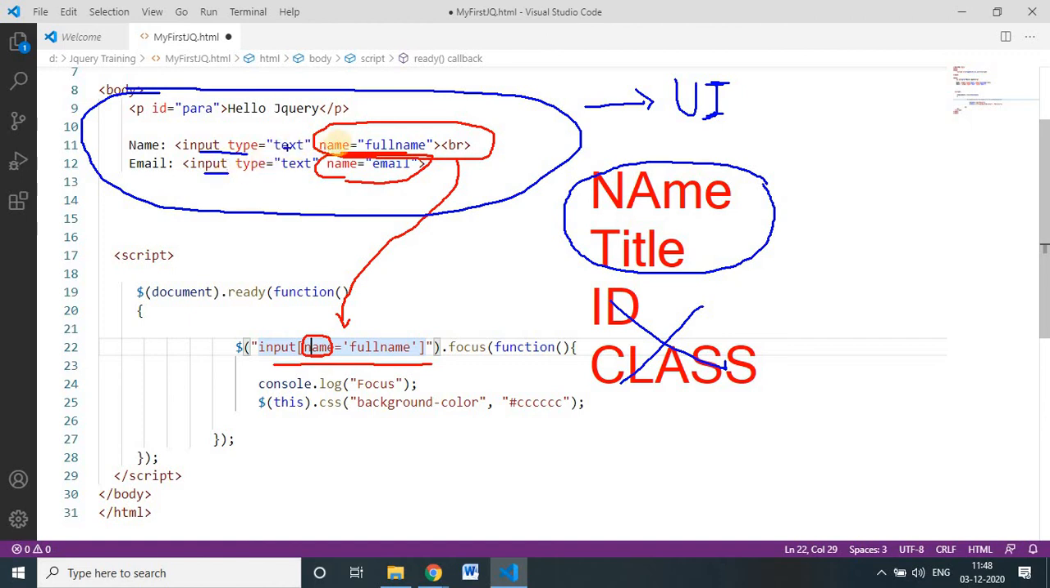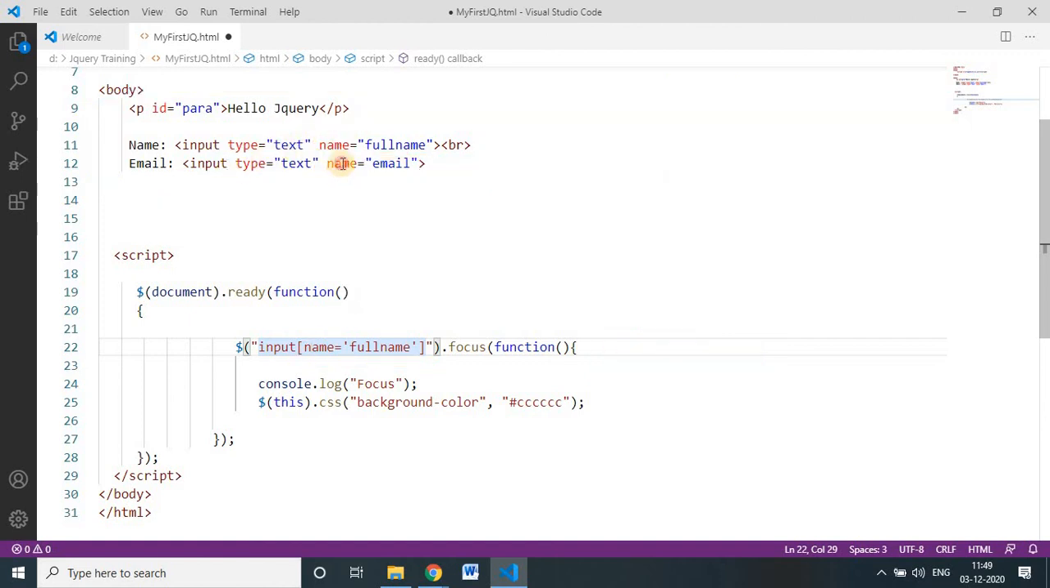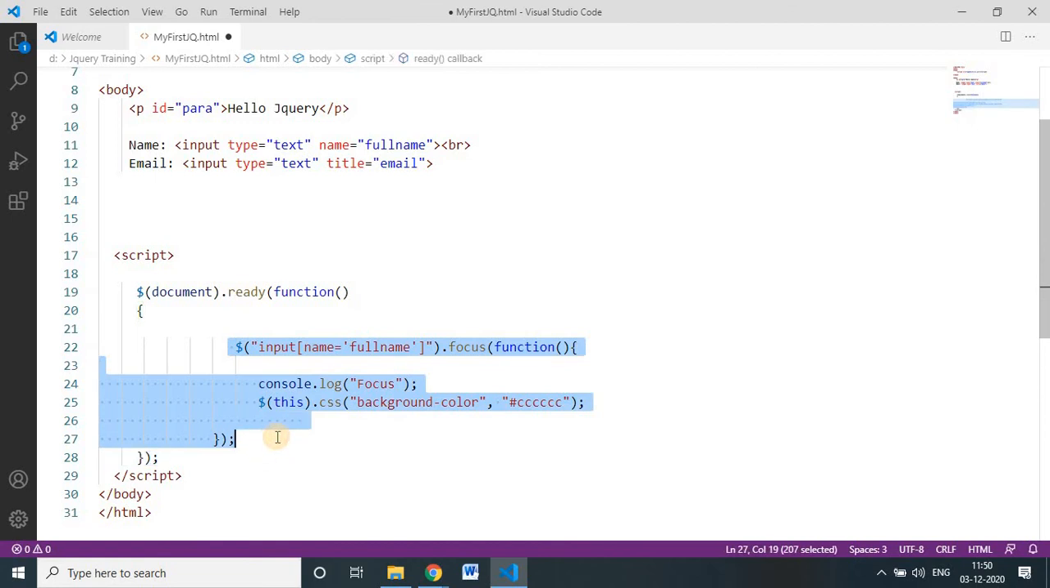So what you need to work out is this name and title. Consider, I rename it as a title. Okay, title. So here two different selectors are there, one is name and the other is title. So how will you do that? Okay, so what I do, I just copy this. Okay, now